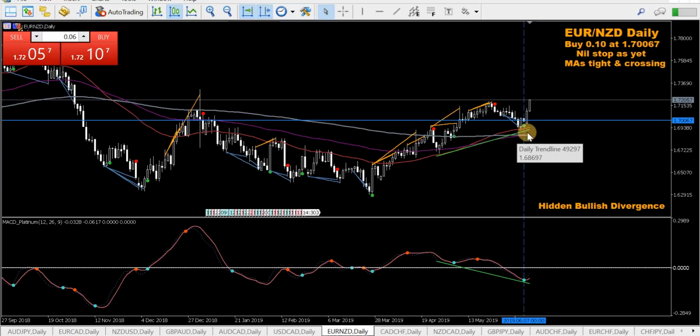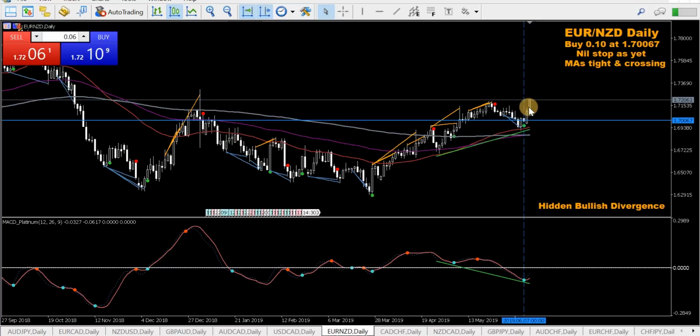MAs are starting to cross, possibly to the upside. Took the buy. Tomorrow might look like starting to protect this. I think I discussed this with someone today in the Facebook group. They asked me why I haven't put a stop there, or am I going to put a stop? And it's at this previous high now, but the thing was sort of